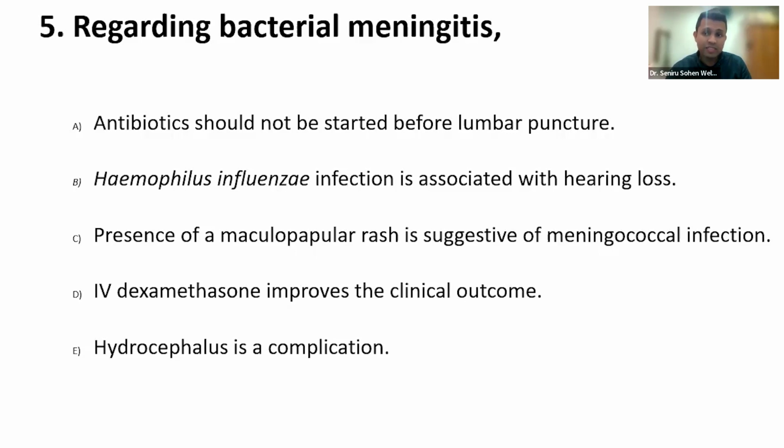So this is to prevent the excess cerebral inflammation from causing further neurological damage and developing neurological sequelae. What we tend to give is IV dexamethasone for about 4 days at around 0.15 milligrams per kilogram body weight every 6 hourly. So hydrocephalus is a complication. Yes, you can get obstructive hydrocephalus because of meningitis. And there are other complications of meningitis